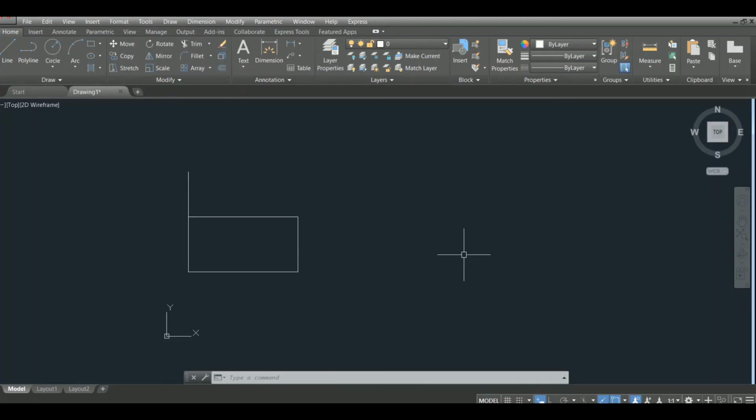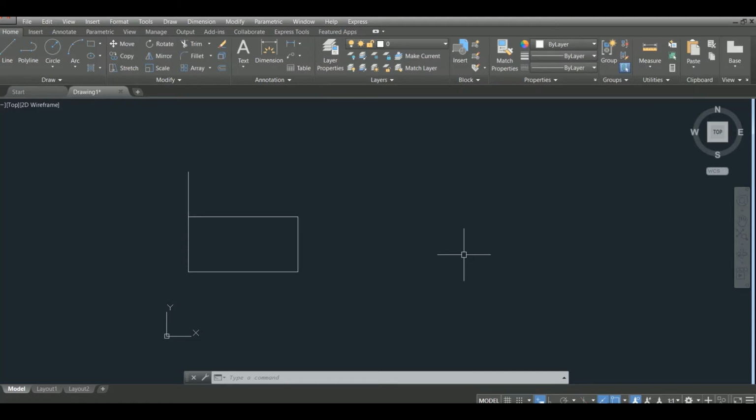Move command is used for displacement of the object, or movement of the object in any direction or a specified distance in the drawing sheet.